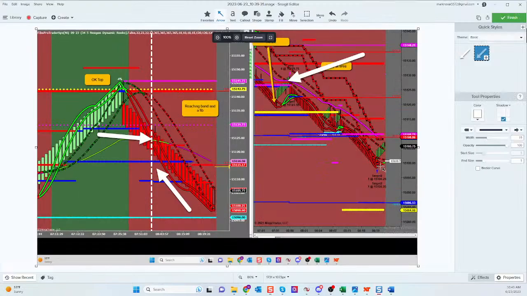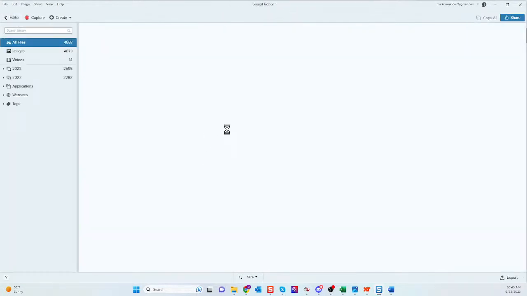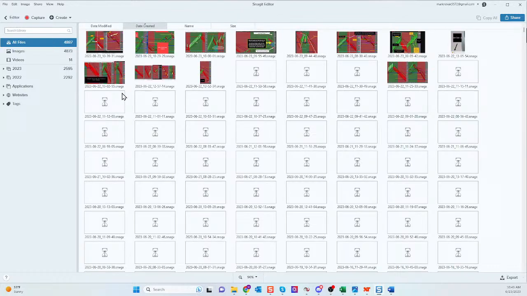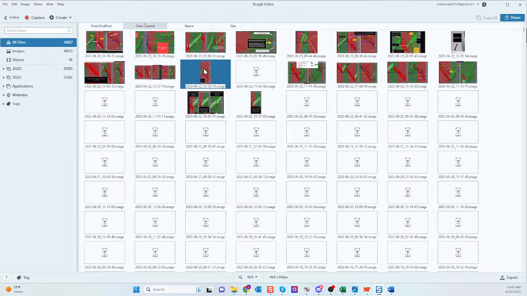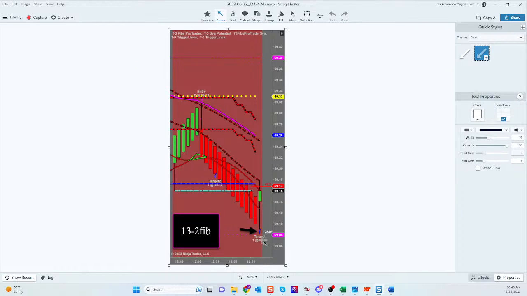Because the market may react, the market may bounce, right? Let me see if I can find this one that I took yesterday. And I sent it to John. This was my exit on a crude trade yesterday afternoon, guys. I got out at the low tick. I put my second target at a 13.2 fib. And I got out literally the low tick of the market. Do you know how good that feels to know where low has the potential to be?